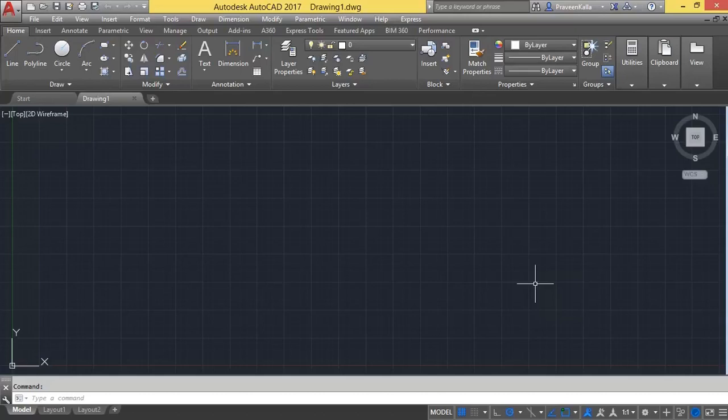In this video, let's see how to connect model space to the layout space and from there to the printer. In conventional manual drawing, the same sheet is used for border lines, nameplate and the actual drawing. Whereas in AutoCAD, in general, model space will be used for the drawing and the layouts for border lines, nameplate, etc. But this is not compulsory.